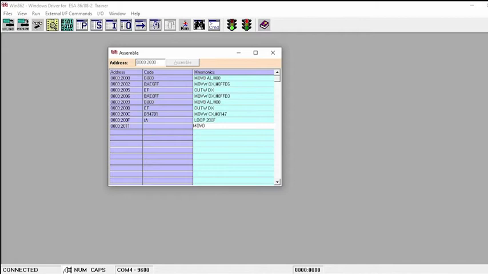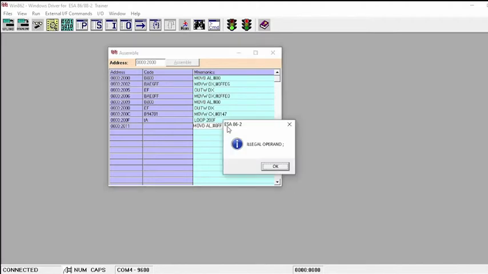MOV AL, #0FF. So this is the maximum magnitude value of a square wave. If you write anything wrong, the instruction will give an illegal operand error.